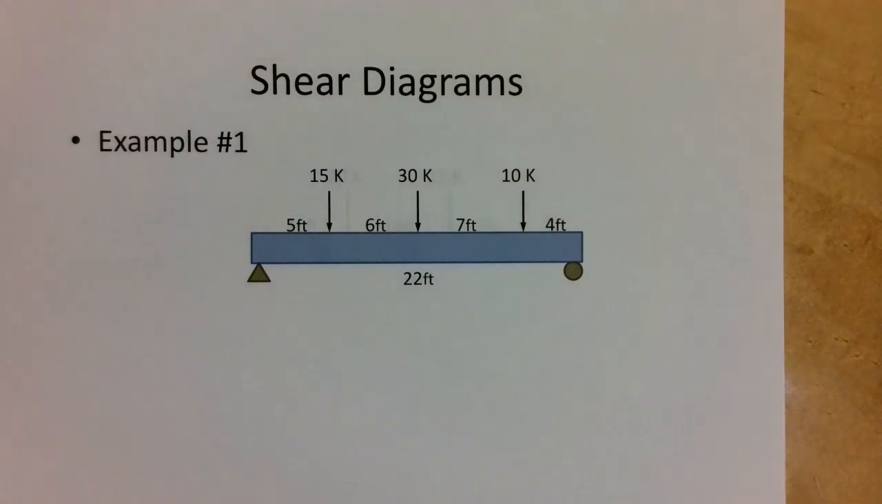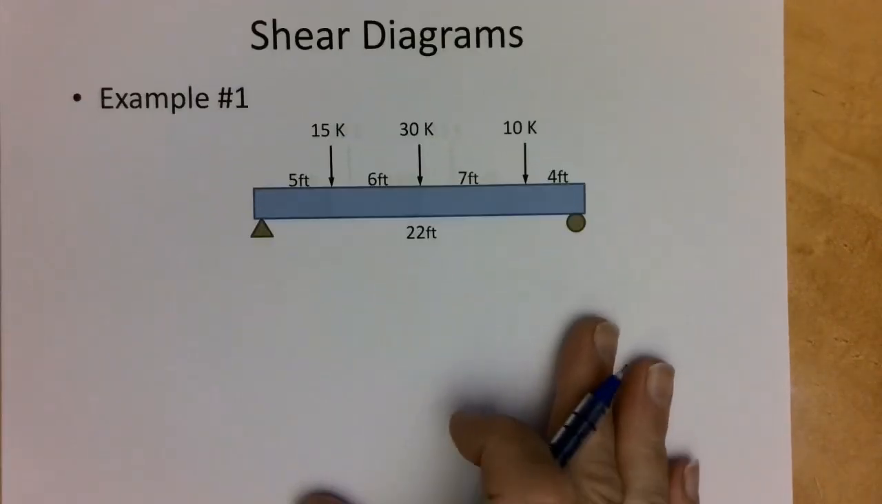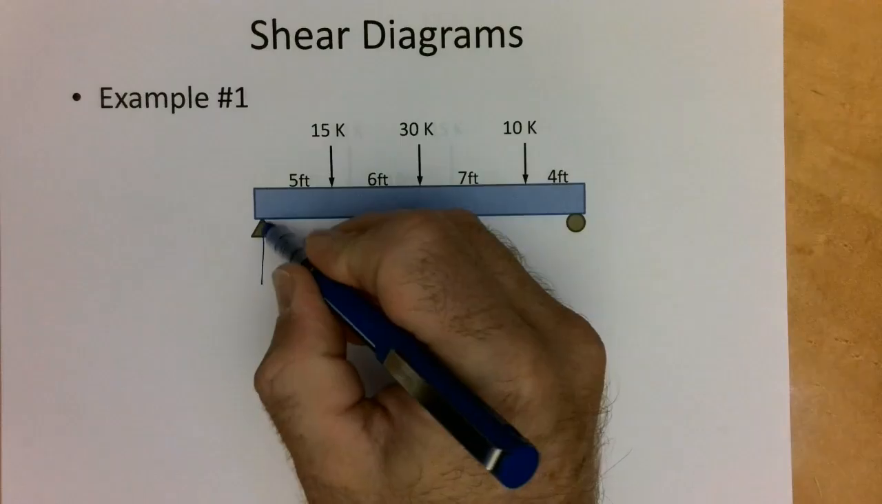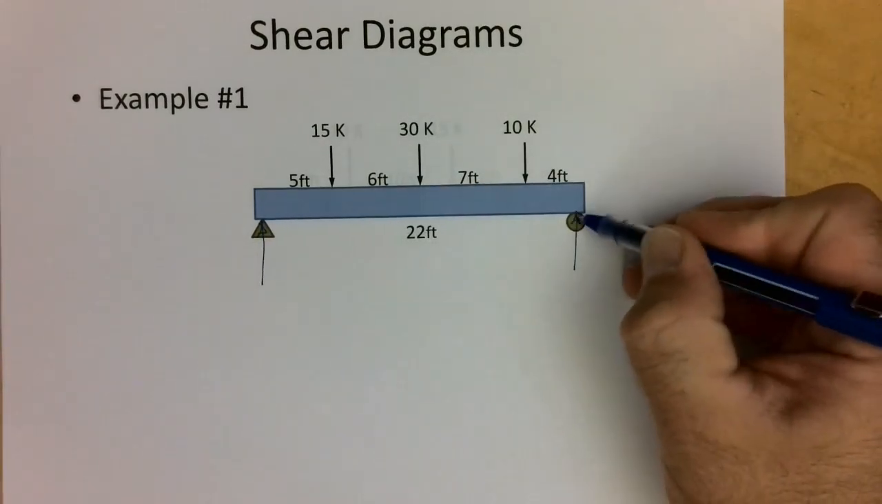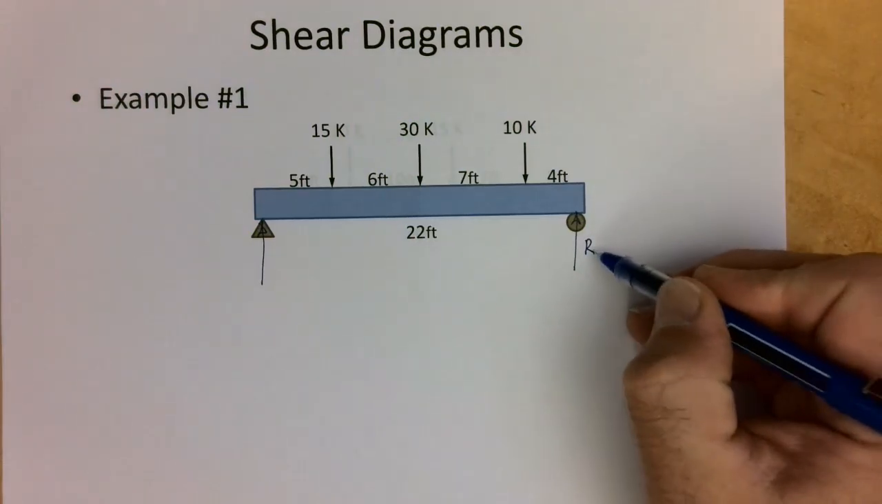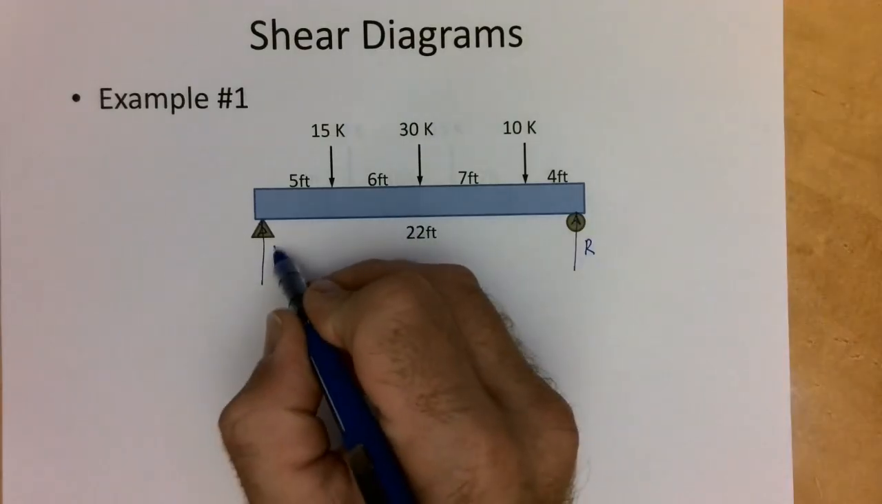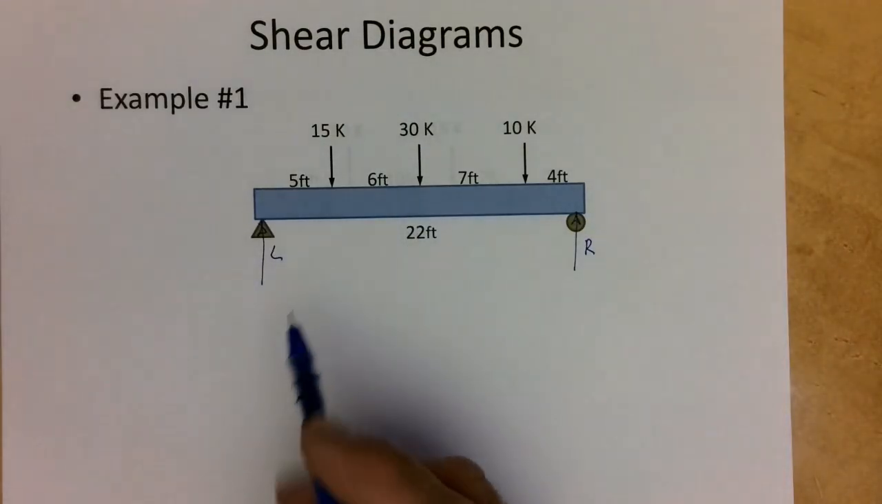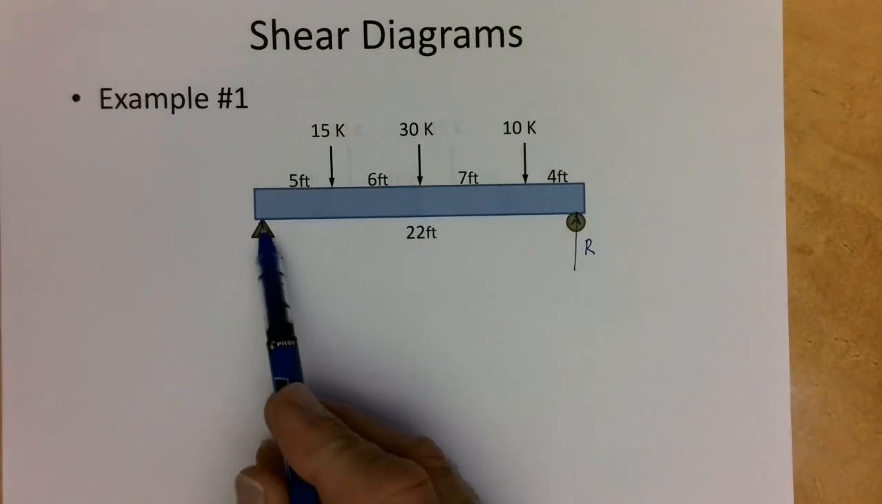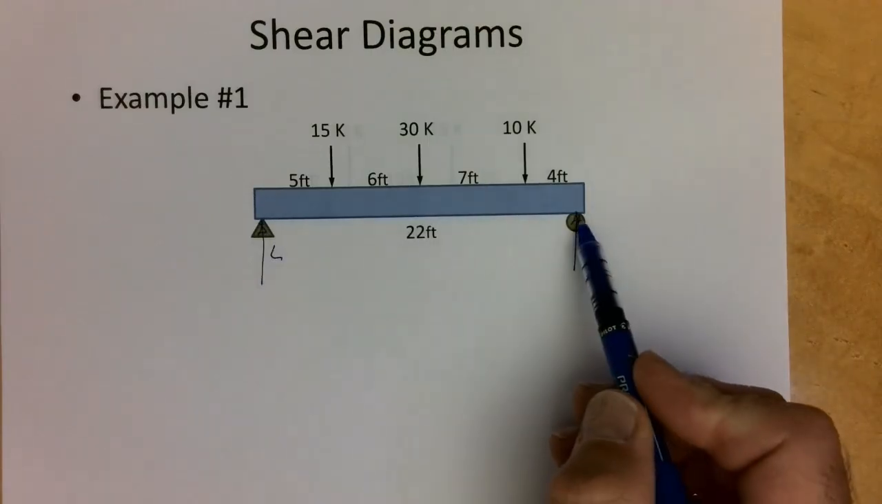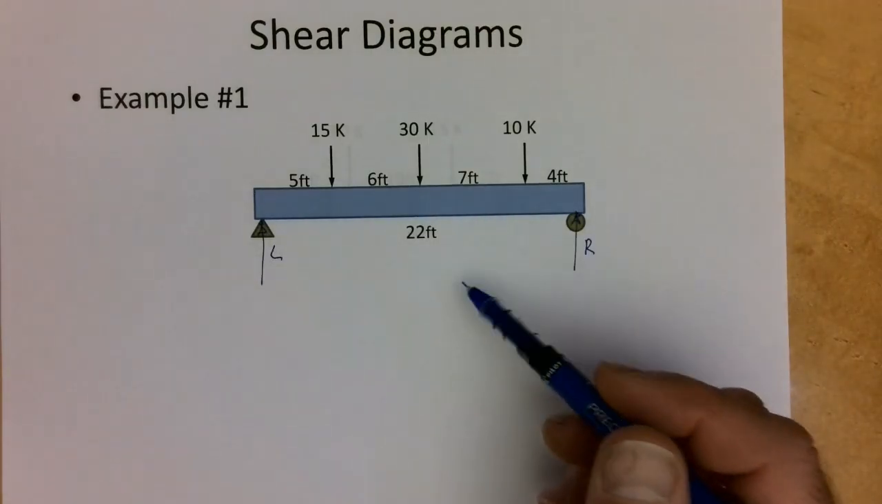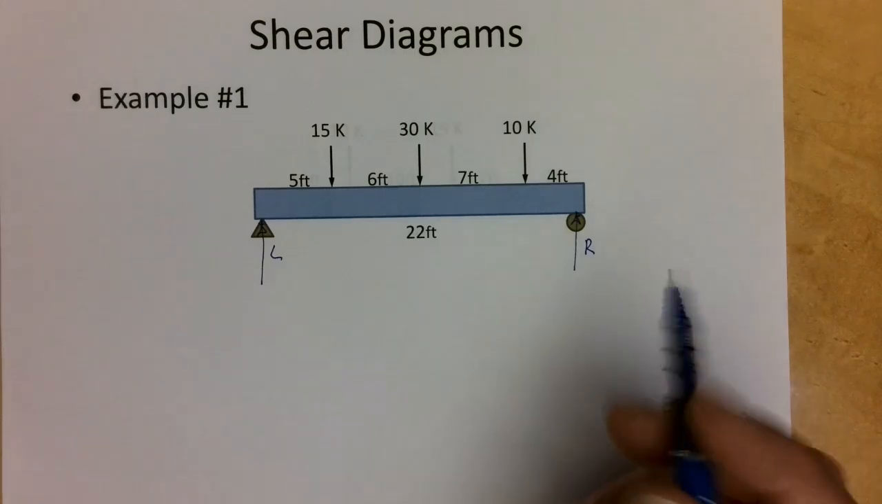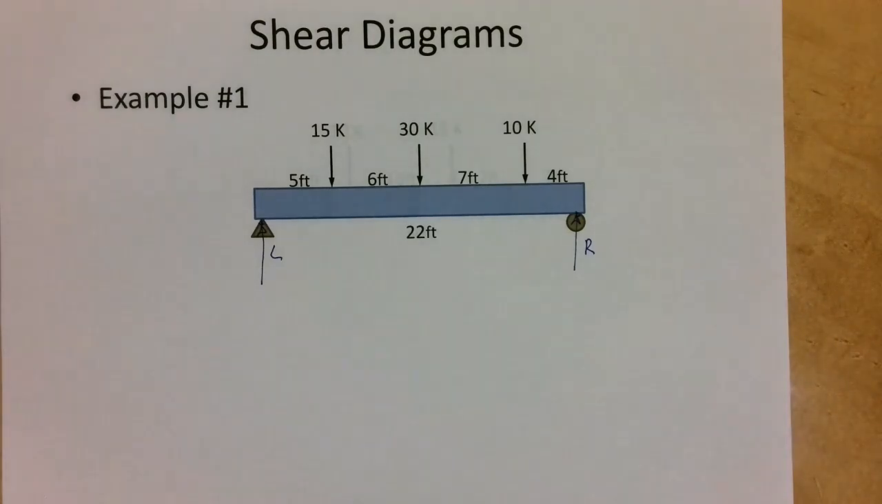Okay folks, so we're going to talk about shear diagrams today, how we develop them. So what I'm going to do first is solve for the reactions on this beam. I'm going to call this the right and the left reaction. So I'm going to sum moments about here, sum moments about here, and then to check myself, sum forces in the vertical direction. I'm going to go ahead and do that off camera